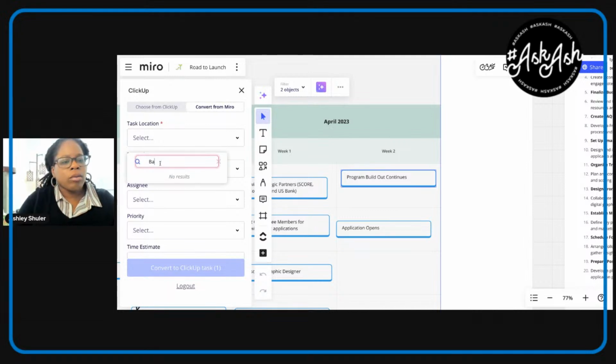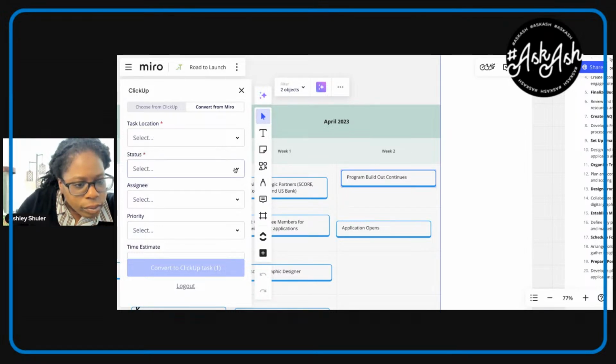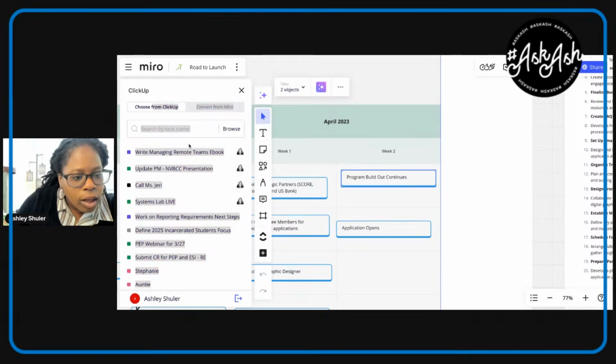Workspace. I'm gonna go with backlog. Oh, backlog. What is going on here? This is getting a little weird. But if you wanted to convert from, like, if you wanted to